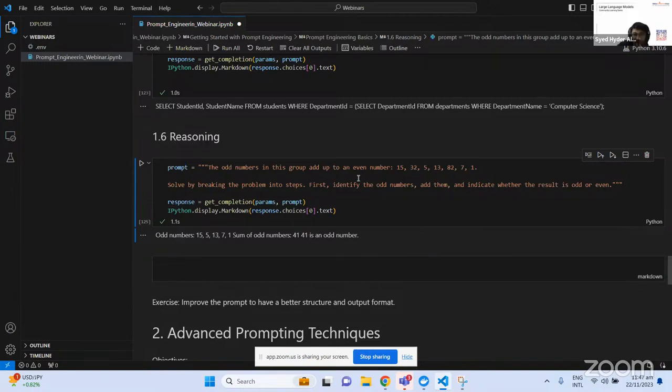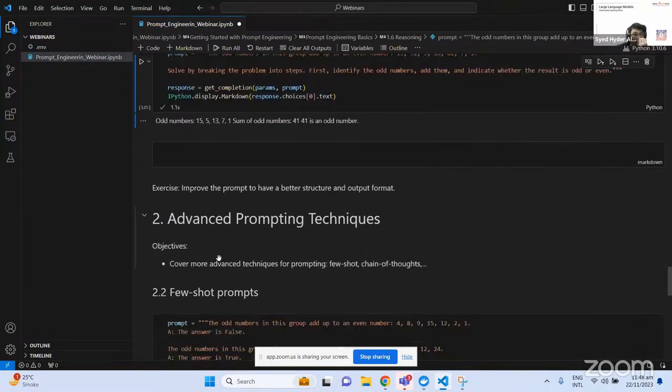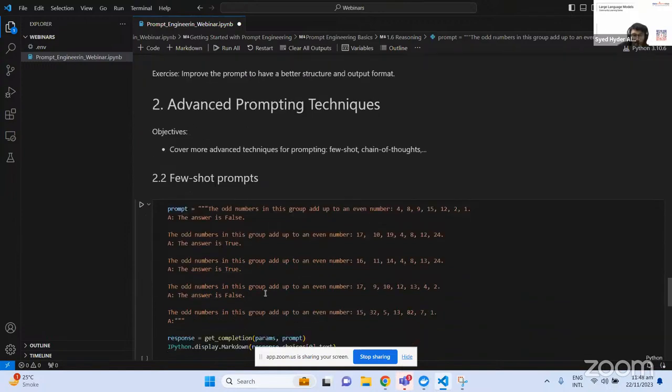First it identified the odd numbers, and then it gave us the summation of those numbers. Since LLMs are probabilistic, you are not sure that you will always get the right response. It could hallucinate even after you have done good prompting. But the accuracy of your response is much better when you follow these techniques.